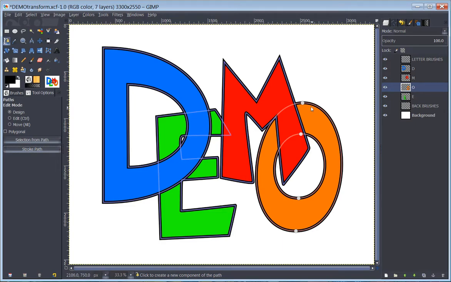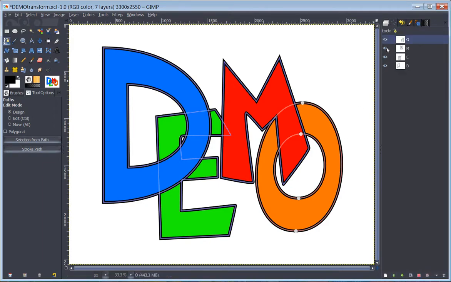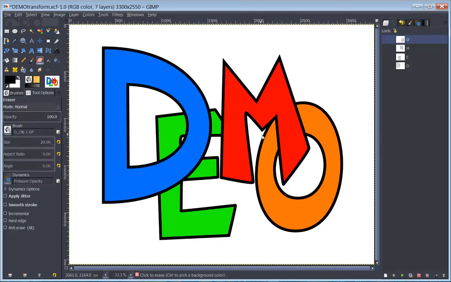Now, it looks a little odd. That's just because the paths are still active. So I'm going to go over to my paths palette and hit the eyeball right next to the path, turn those off, and I'll click off any other tool, and now you can see what your letters will look like with an outline and a color on the inside. The next step will be to put the brush